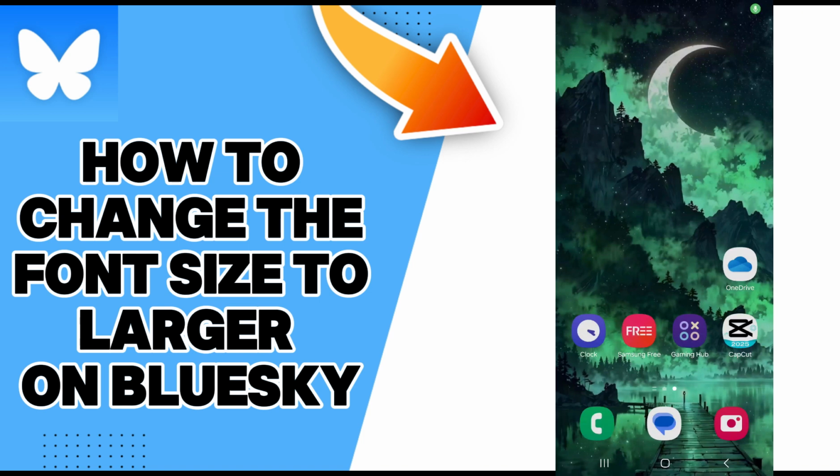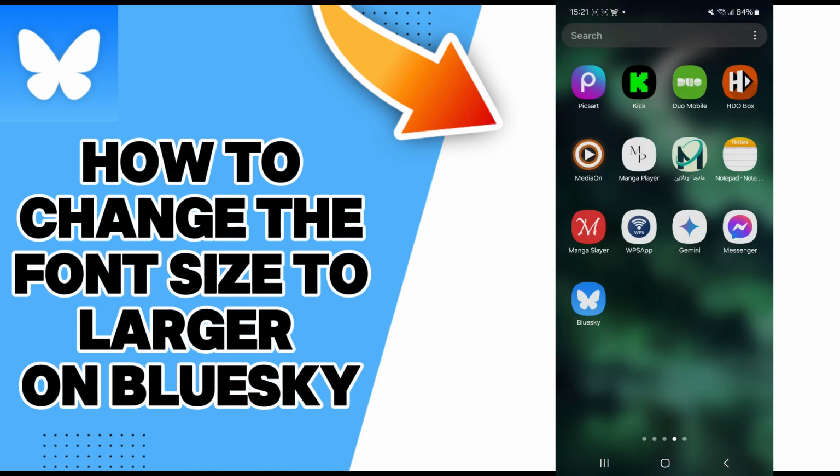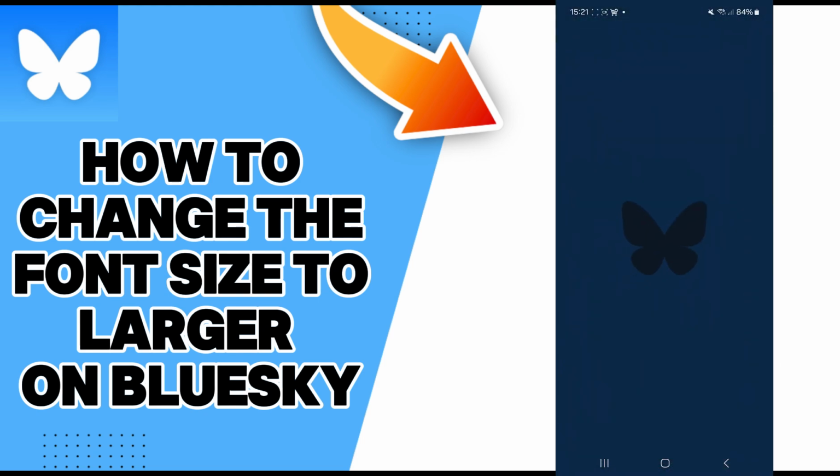Hello guys, in today's video I will be showing you how to change the font size from default to larger on your account on Bluesky easy and quickly. So first of all, enter the application